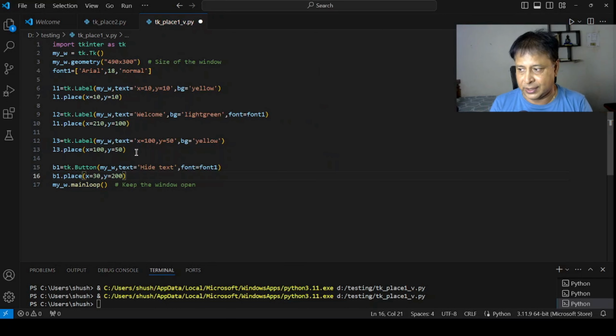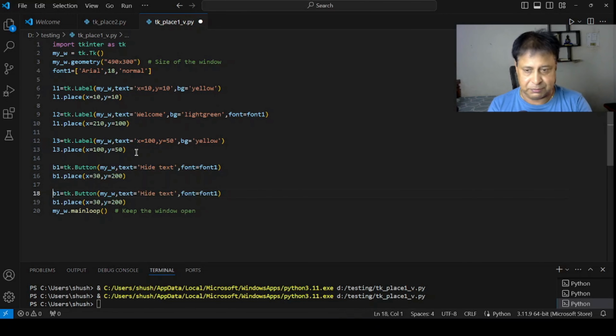So that's fine. Now this is where we will write. We have not written anything for what it has to do. I just copied it because one more button I will place. So I am giving this as B2, retrieve. One is for hiding, one is for restoring it back. So for the retrieve one, the coordinates for B2: